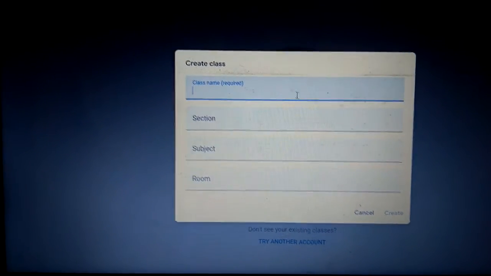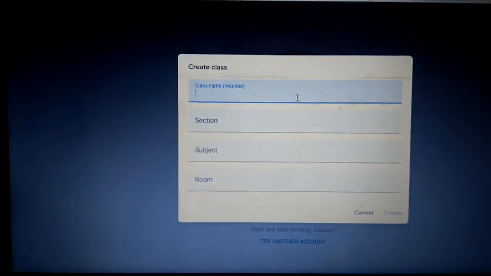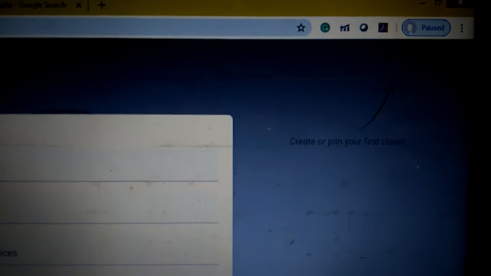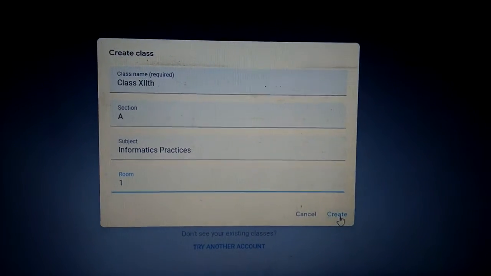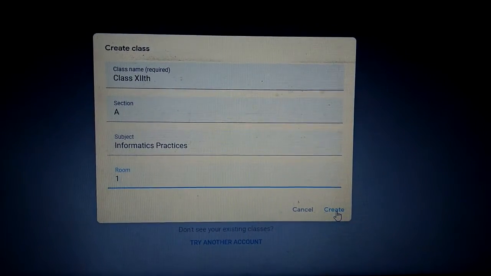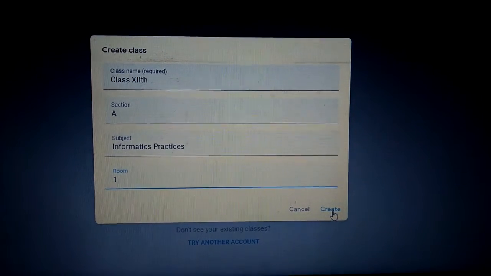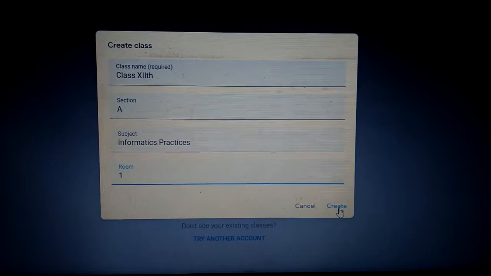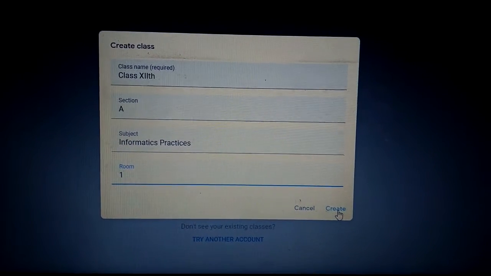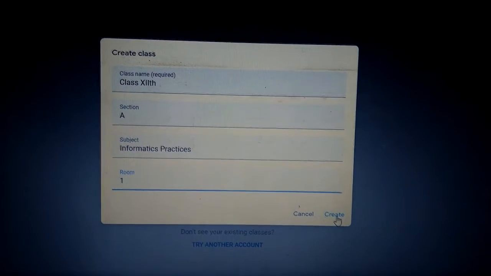You give the class name here, whatever class name you have, such as class 12th. I have given section A, subject Informatics Practices, and you can give a room number, any, 1 2 3. Let's suppose it's your first room, means it's your class.